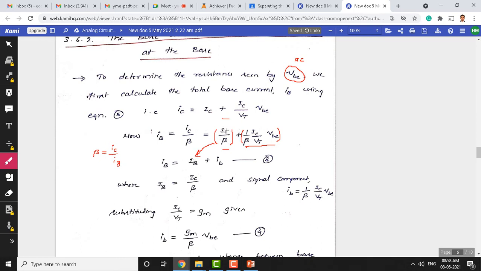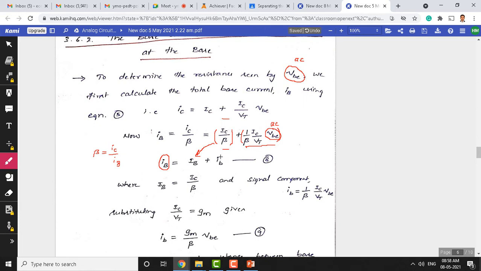You can look at here. IC is the DC collector current, and beta is the current gain in the common emitter mode. So that's why we have denoted this as the DC base current. So this is the total base current here, which is the same as this. On the left hand side we have retained the same expression. Look at the second term of this expanded base current: there is 1 by beta, IC by VT. All these are constants. Look at the DC terms here. But this gets multiplied with the AC signal VBE, so obviously this second term is an AC component.